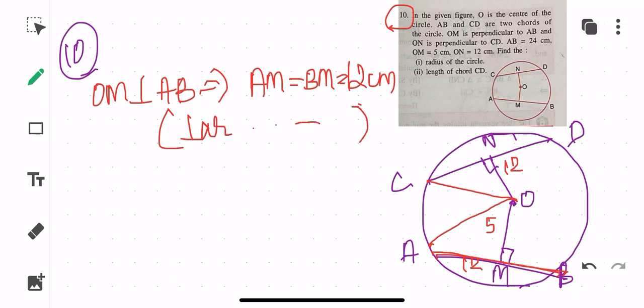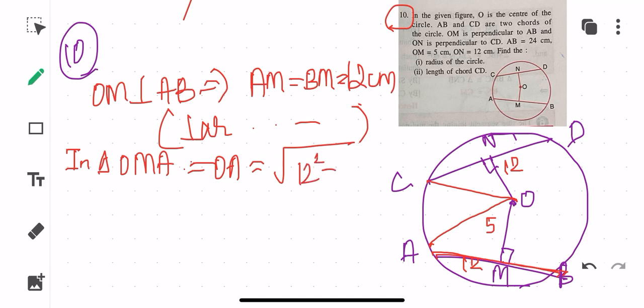So write down everything properly, and then you will be moving to this particular triangle, that is in triangle OMA. Okay, so you will be writing like this, in triangle OMA. You will be writing that, see, OA square is equal to OM square plus AM square. So OA will be equal to, I'll write down children, 12 square plus 5 square. So this is going to be 13. So you will be getting that radius is coming out to be 13 centimeter. Okay, so this is what you will be writing. But then children, as I am telling you, you have to write down very properly that this is by Pythagoras theorem, and all these things you have to write down.